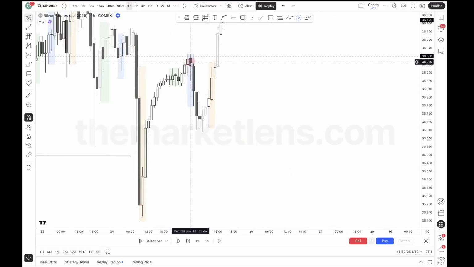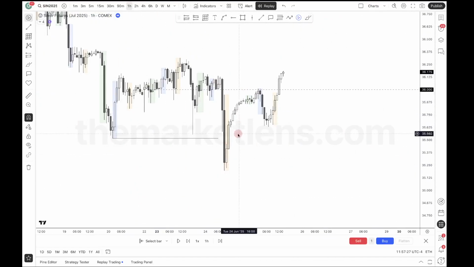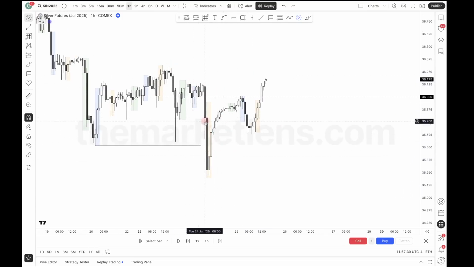So boom, expansion with expansion. This is already enough confirmation. Like this is what you want to see inside of a candle 2, because it's a reversal. A candle 2 is a reversal. So you want to see a reversal signature, whether that's a CSD or like this expansion with expansion. There's no CSD here. It's very far away. So I'm not going to wait for this CSD because it's too far away. I would miss the move, right?